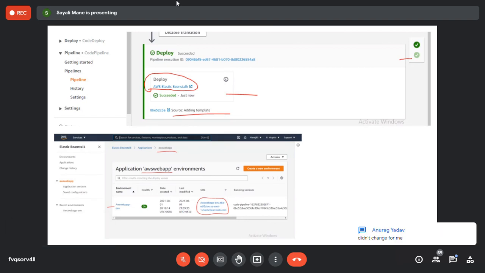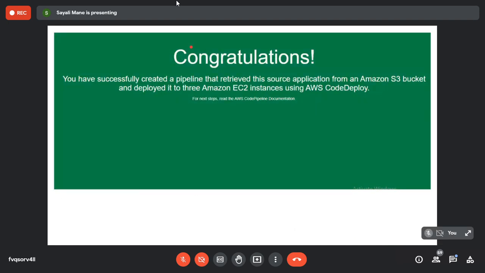Are you getting the screen? It didn't change for me. Same, ma'am, the screen didn't change for me. Yes, ma'am, I also got the same screen. Ma'am, after refreshing it is changing. Yes, ma'am, after refresh it comes. Very good. I got the same screen, so I didn't take a screenshot of it.